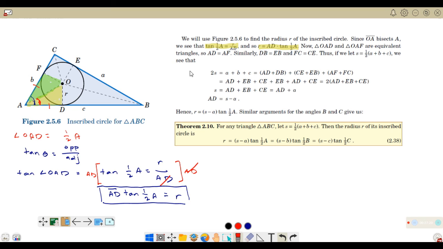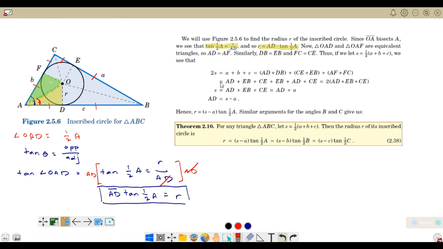AD is equal to AF. Similarly, kung i-apply natin dun sa dalawa pang congruent na triangle, si DB ay congruent kay EB at si CF ay congruent kay CE. Thus, if we let S be equal to 1/2 of A plus B plus C,